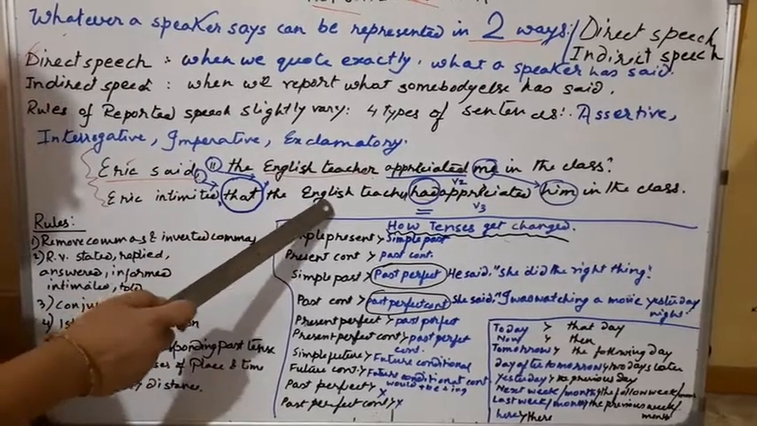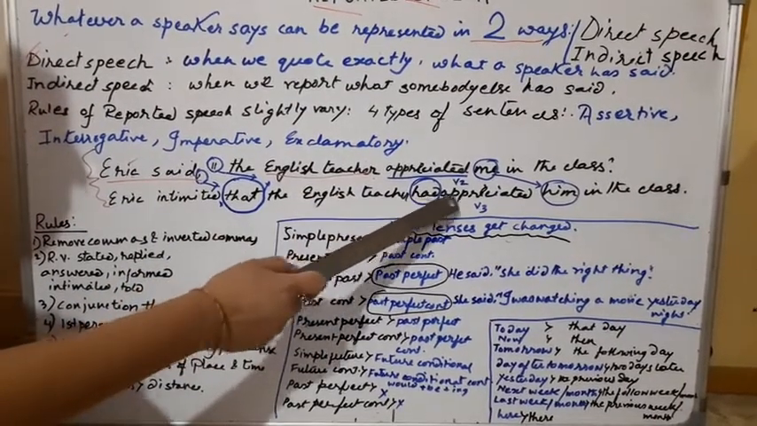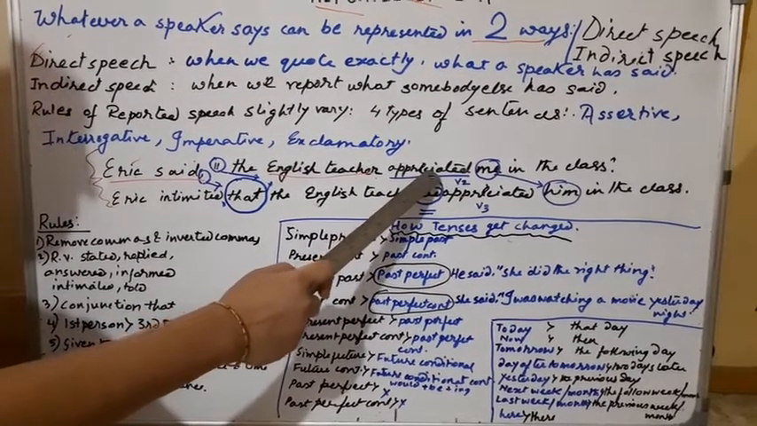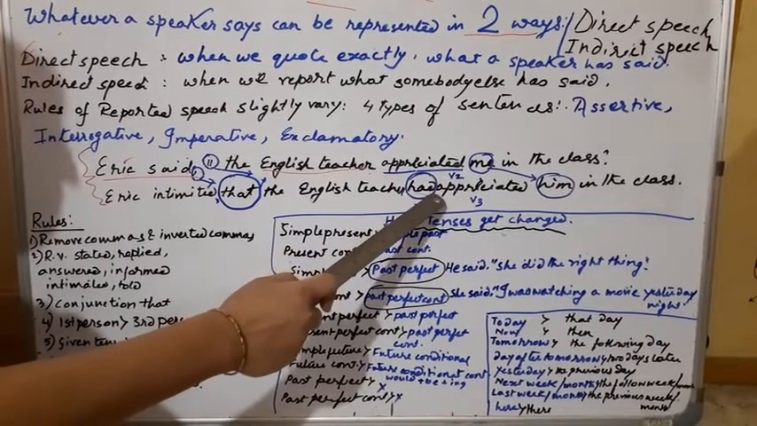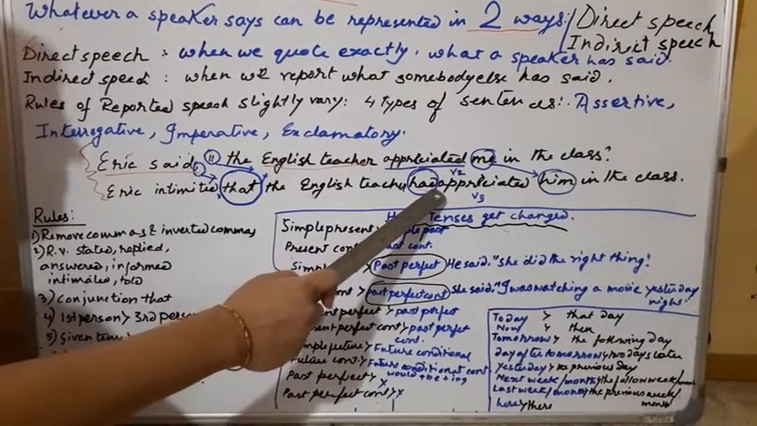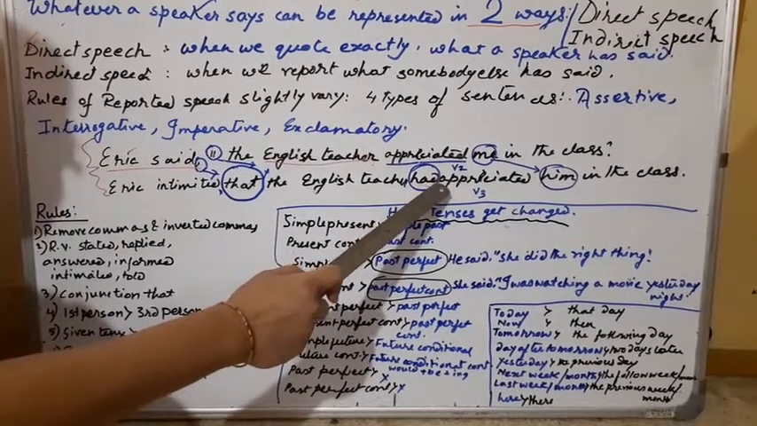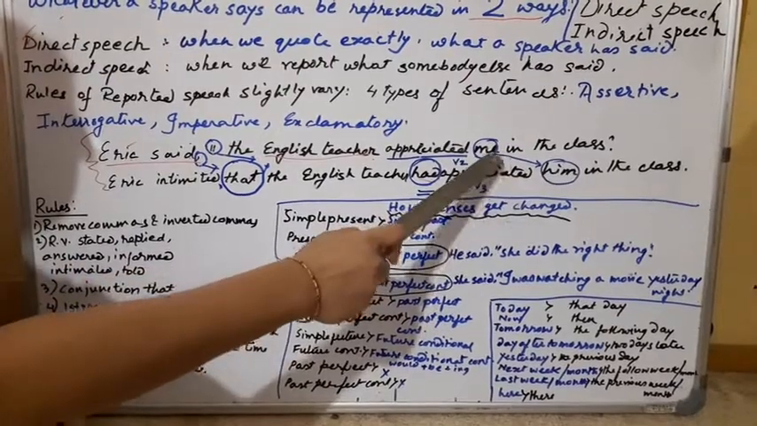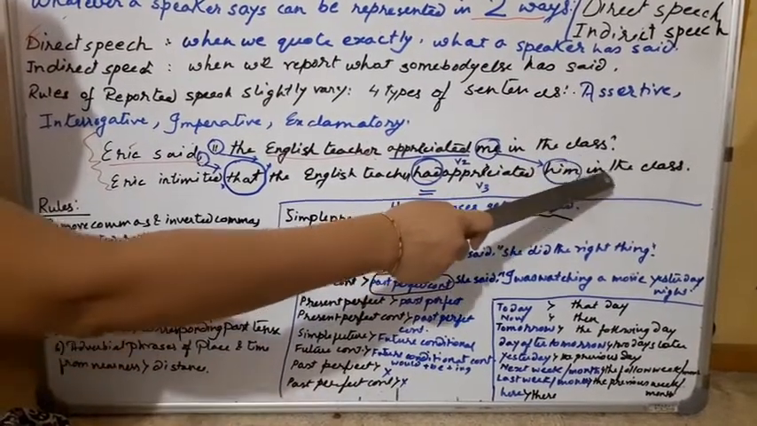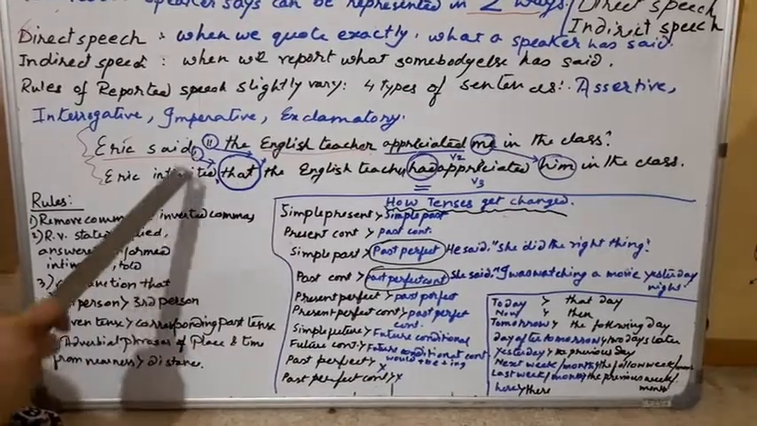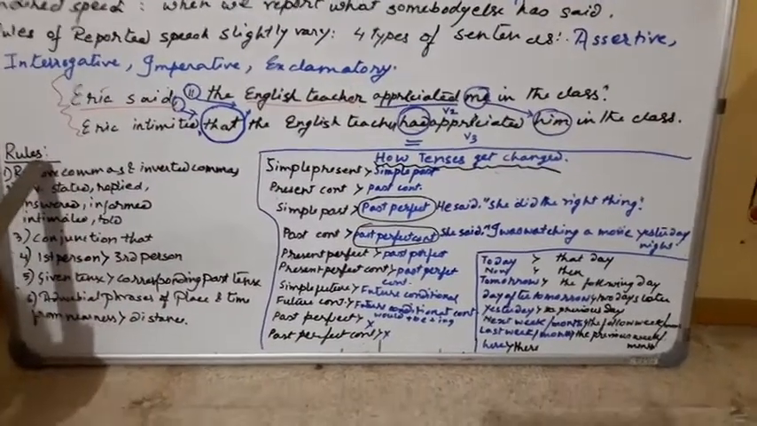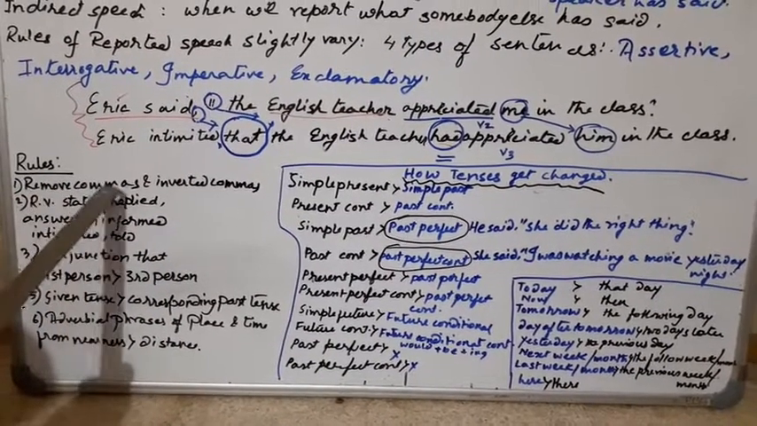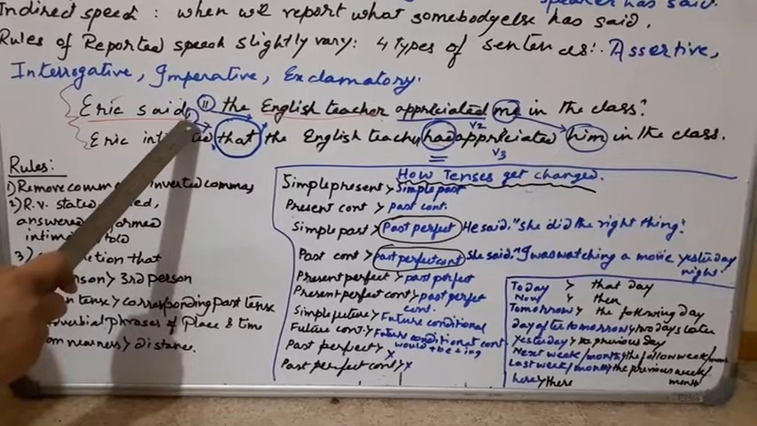Okay, the English teacher as it is, then had appreciated. Appreciated, it is the past tense, right? It is V2 form. The past tense has changed to its corresponding past perfect tense, that is had appreciated. Then me, the pronoun has changed the first person to third person, and in the class as usual, right? So let us see the rules, whatever I have changed here. Rules will be remove commas and inverted commas, right? Then